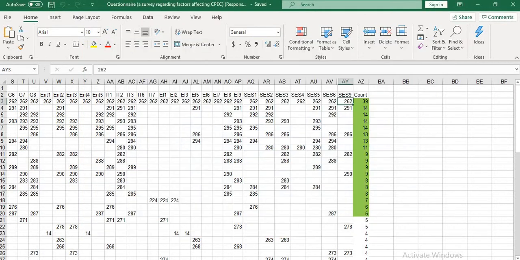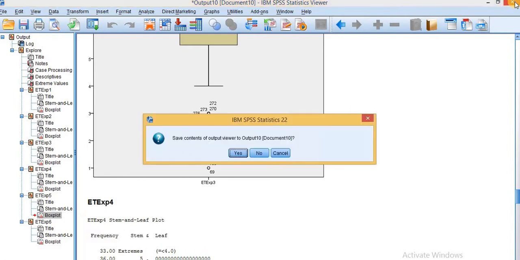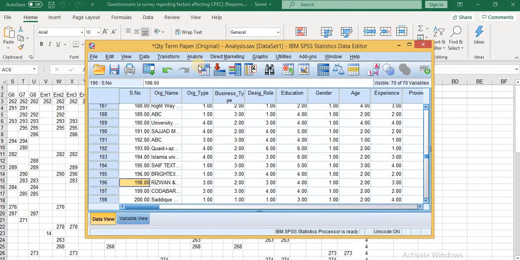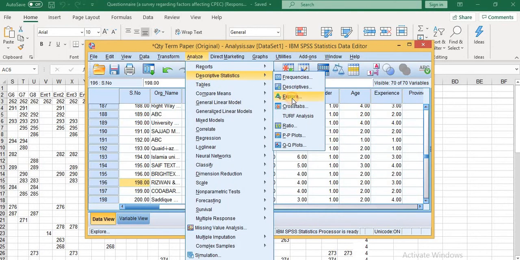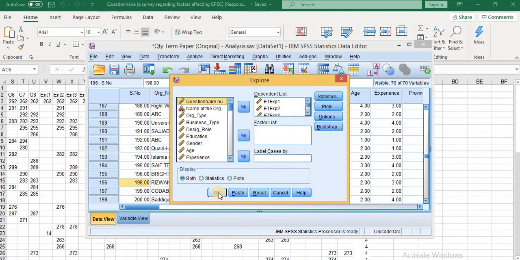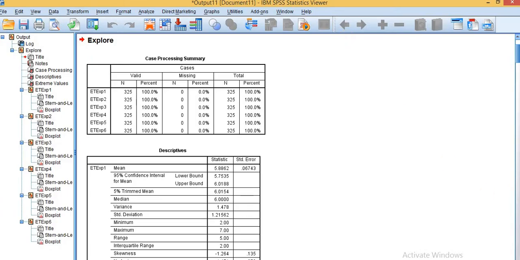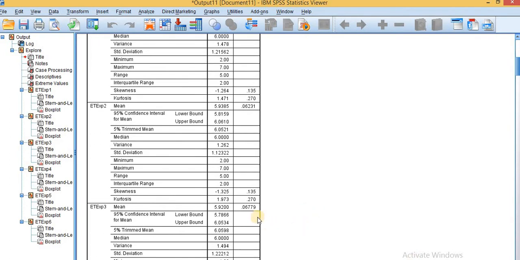But what is the rule behind this? The rule behind this is to delete them one by one. By deleting one outlier, you can close this window and then you can perform the outlier test again, so that you can find the values of your skewness and kurtosis within the threshold.